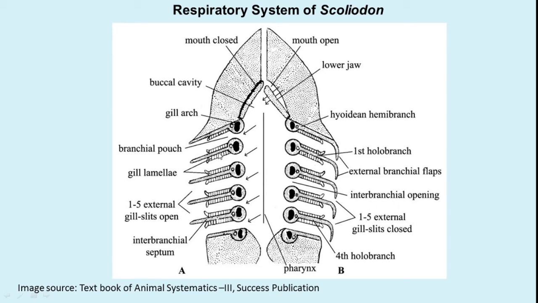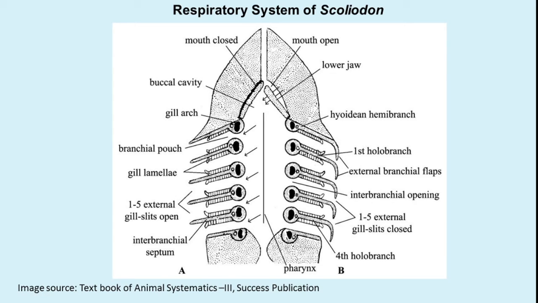But when you see this particular one, it is a hollow branch, or say a complete gill. Why is it called a complete gill? Because both the sets on either side will be present. Both sides of the septum are going to contain the gill lamellae, and because of this, it is known as a hollow branch or the complete gill.